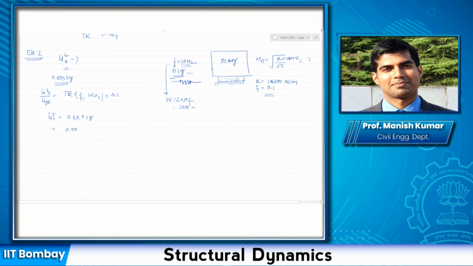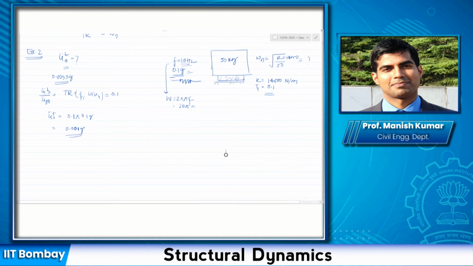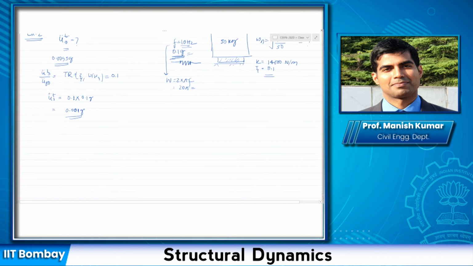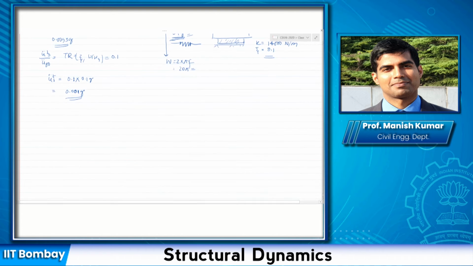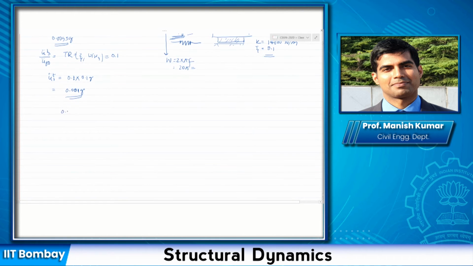Okay, so I saw that because of this rubber pad, although I had a surrounding vibration of peak 0.1 g, it actually reduced it tenfold. Now let us consider a practical situation in which the manufacturer has specified for this machine that the maximum acceleration this machine can take can only be 0.005 g. Okay, sorry, this is not 0.005, it is 0.01 g. Okay, so this is the maximum that it can take.